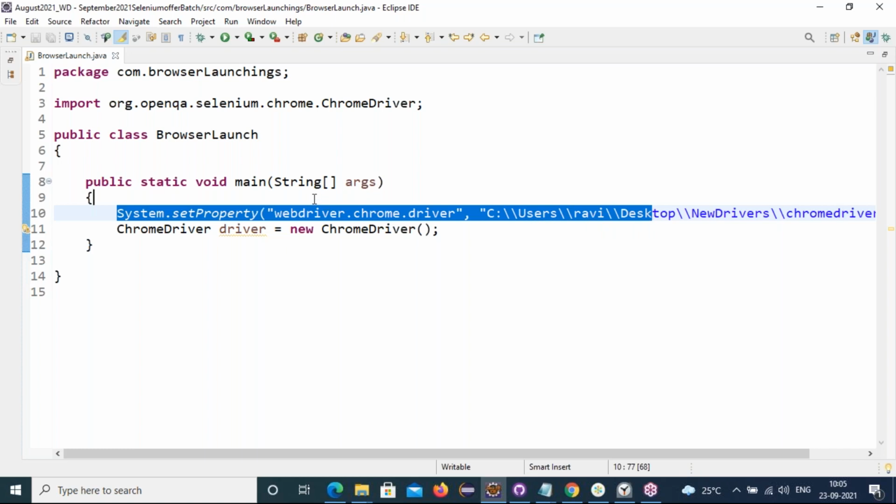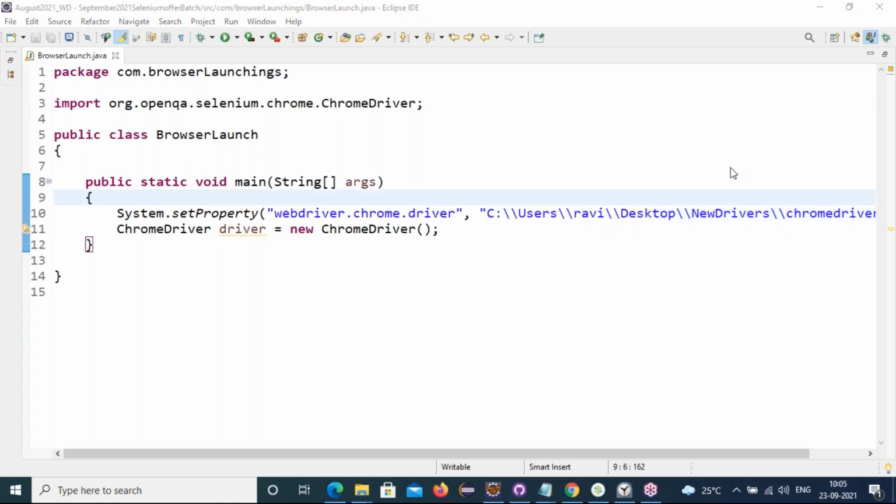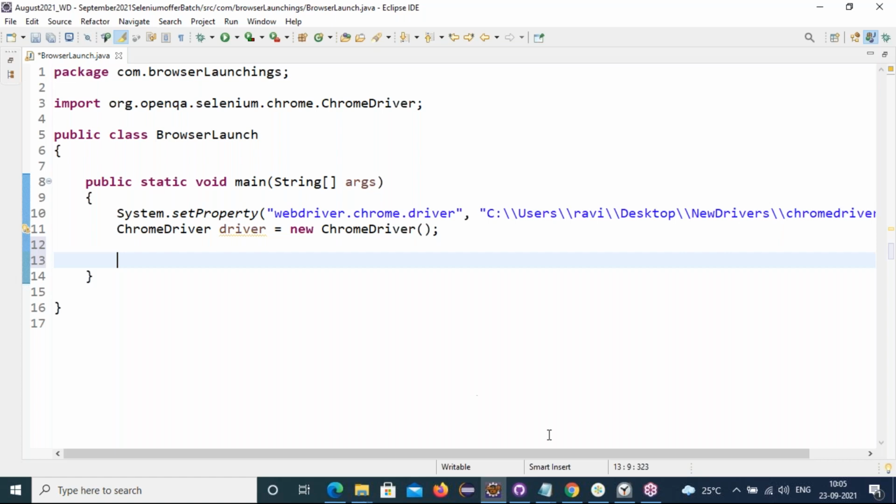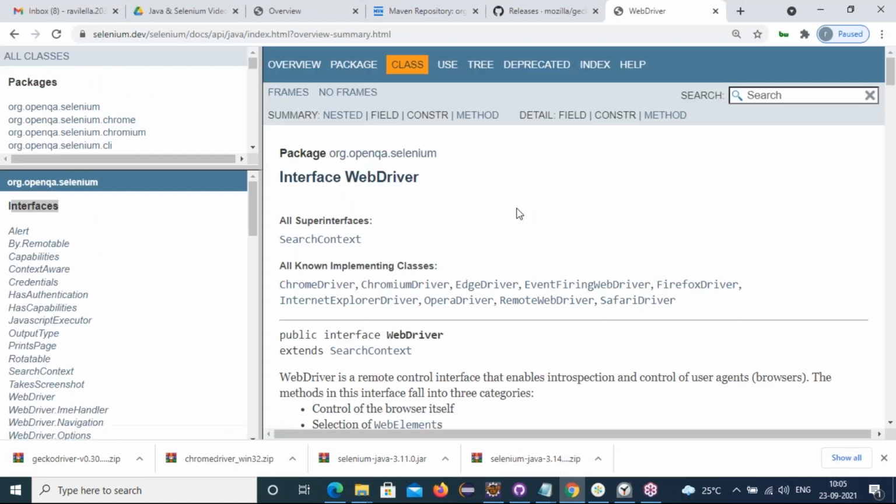Sir, what about Firefox? If you want to launch Firefox, what is the driver class we use, friends, to open Firefox? Firefox driver. The Firefox driver class launches a Firefox browser.